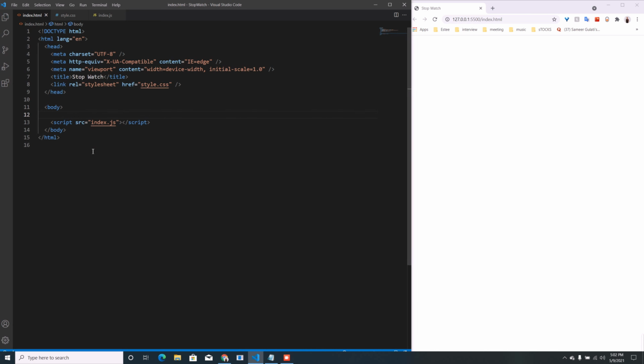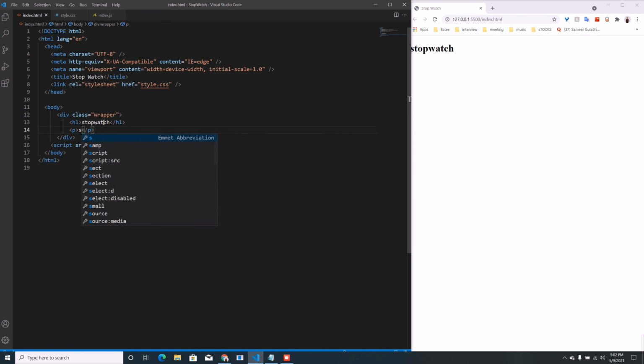Let's start with HTML. First of all, let's create a div with the wrapper class. Inside this div we need one heading, stopwatch, and then we need three spans.